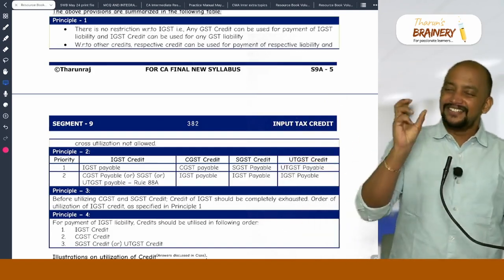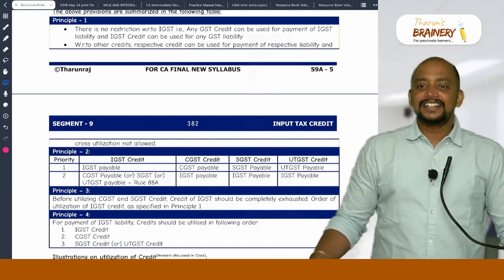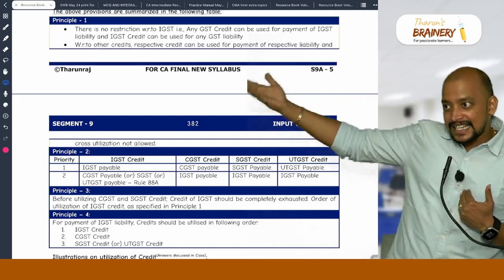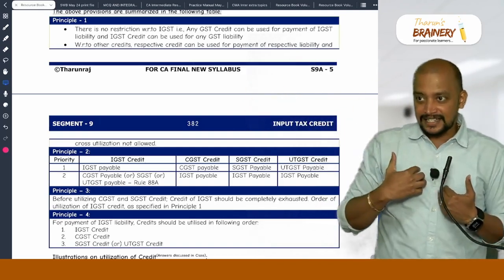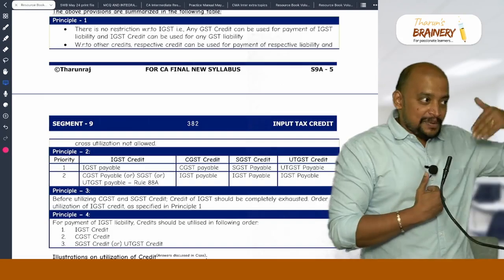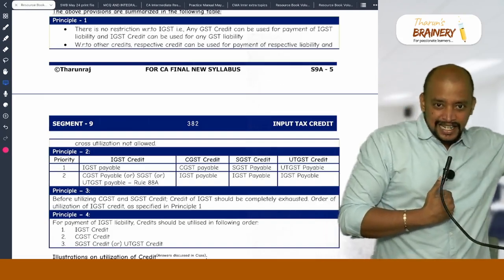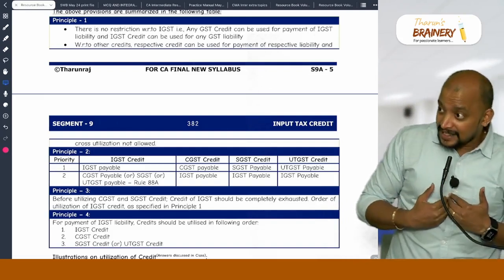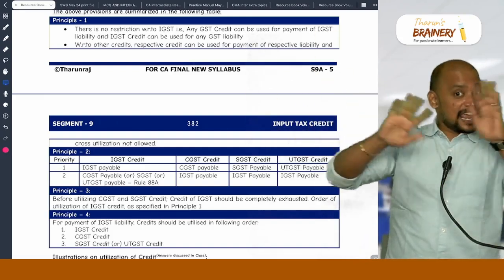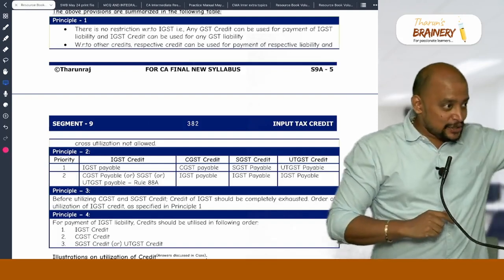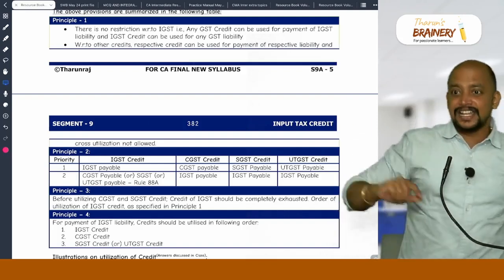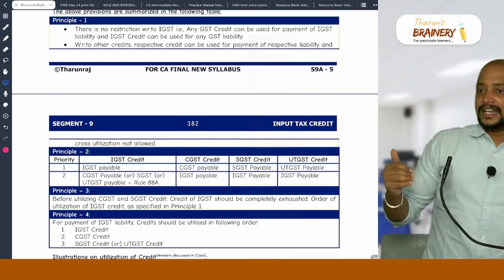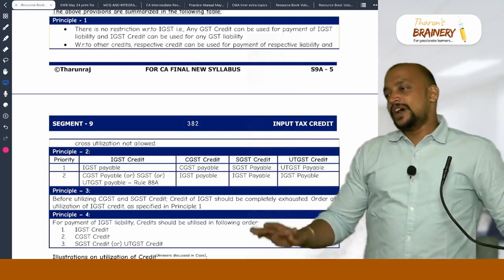So in-laws, there will always be a problem. That is why IGST can be adjusted with CGST, and CGST can be adjusted with IGST. Then IGST can be adjusted against SGST, UTGST, and SGST, UTGST can be adjusted with IGST. But CGST cannot be adjusted against SGST or UTGST, and SGST, UTGST cannot be adjusted with CGST. Done? Then next, so usually what happens is that,